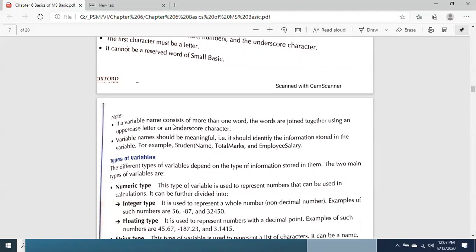देयर शुड बी अंडरस्कोर, अंडरस्कोर लगाना पड़ेगा, या तो फिर आप स्पेस खत्म कर दें, बिल्कुल मिला दें, अदरवाइज द अंडरस्कोर इज अलाउड. गेटिंग दिस पॉइंट? वेरिएबल नेम्स शुड बी मीनिंगफुल, जैसे मैंने एज में एज रखा, स्टूडेंट नेम में स्टूडेंट नेम रखा. अगर आप मीनिंगफुल लेंगे तो ये बहुत ज्यादा कन्वीनियंट है, इट इज वेरी कन्वीनियंट फॉर यू. स्टूडेंट नेम, टोटल मार्क्स, एम्प्लॉय सैलरी, such kind of variable names are there which are making the purpose of the name very clear. Getting this point? So up to here, if you have got any question, please ask me.